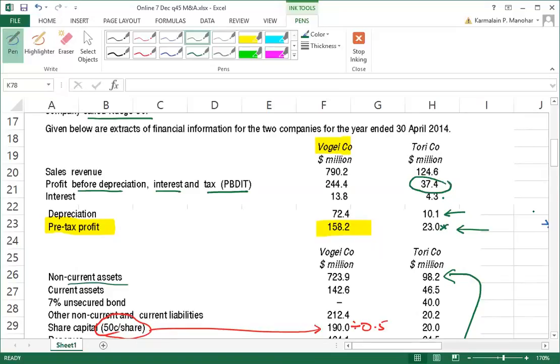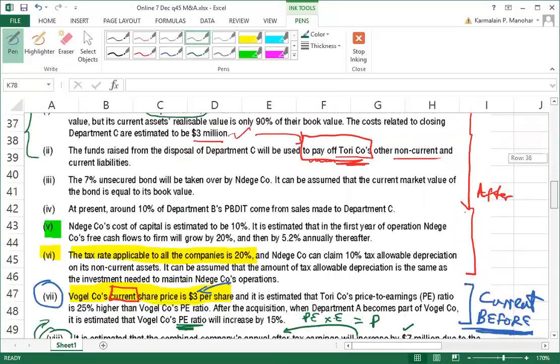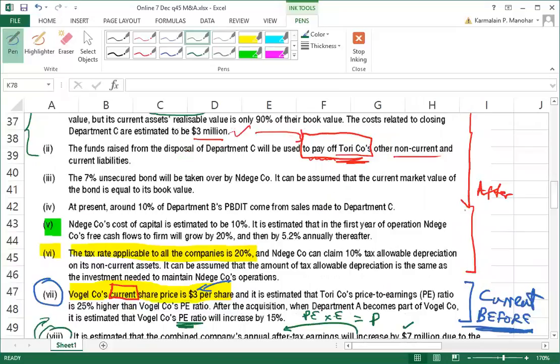14.96. Less tax allowable depreciation attributable to Part C, 10%, 14.96. Note 6. Let's read Note 6. Note 6 says a rate applicable to that NEDGE can claim